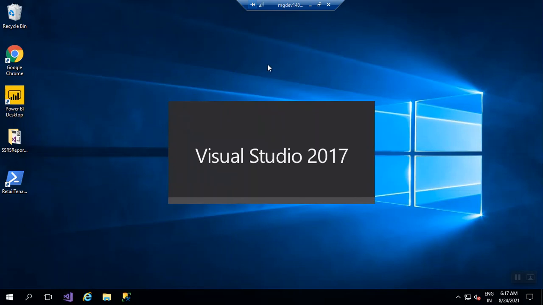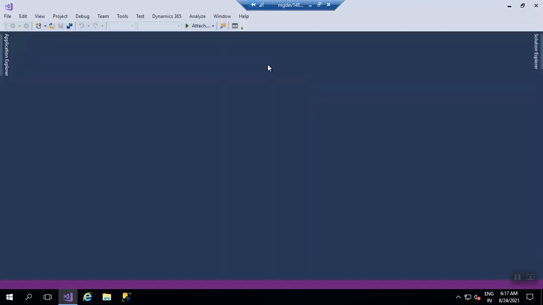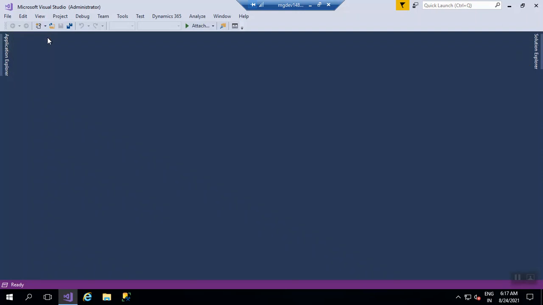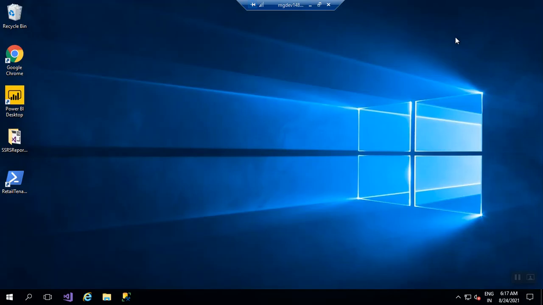So let's check how it works. In the meantime, I can say why Visual Studio needs to run as an administrator. A typical user can do most things. Oh, wait a minute. So there is run as administrator, right? In this way you can run your Visual Studio as an administrator directly.